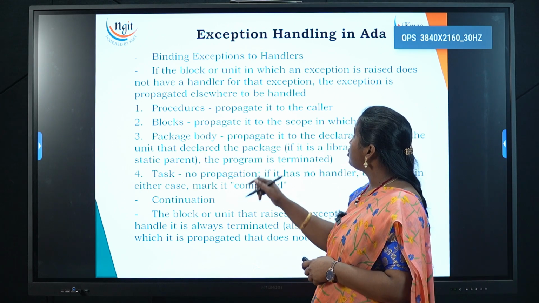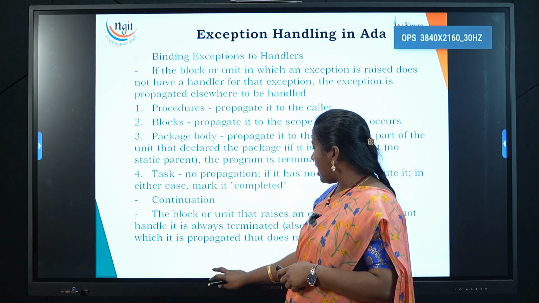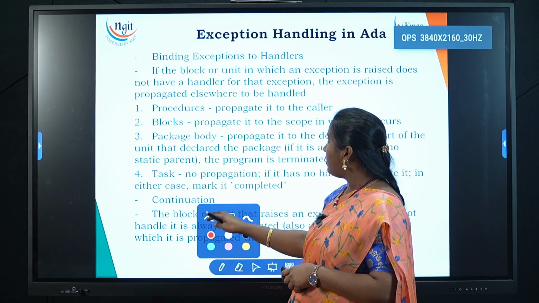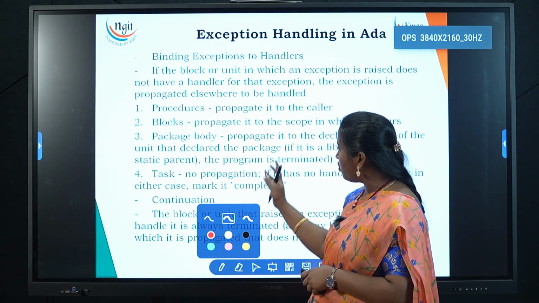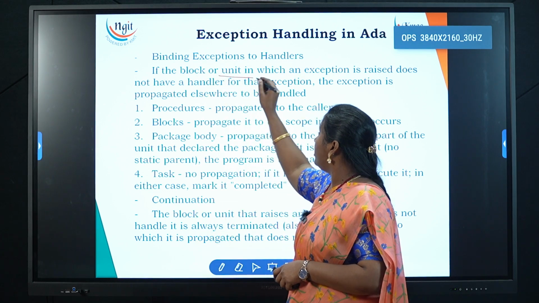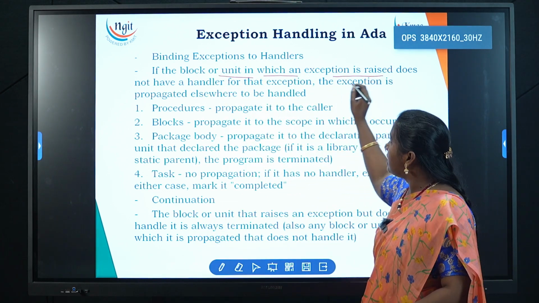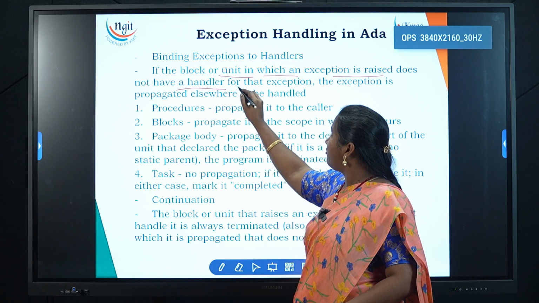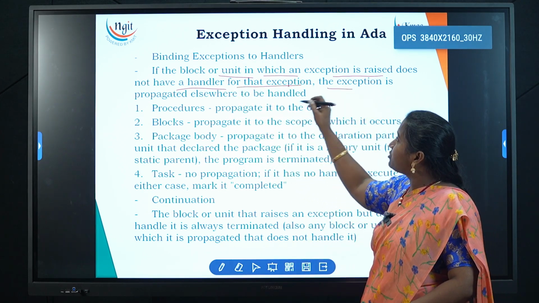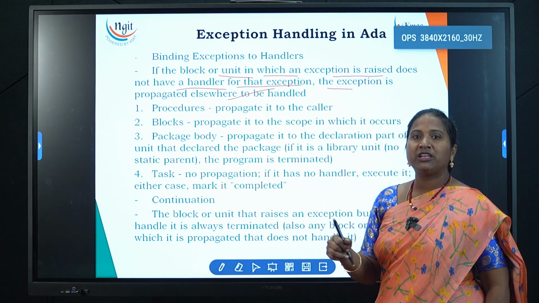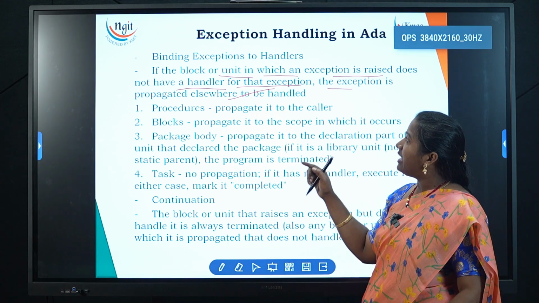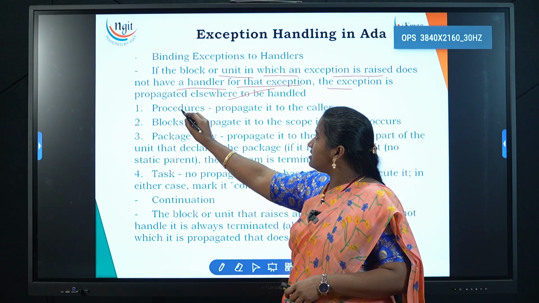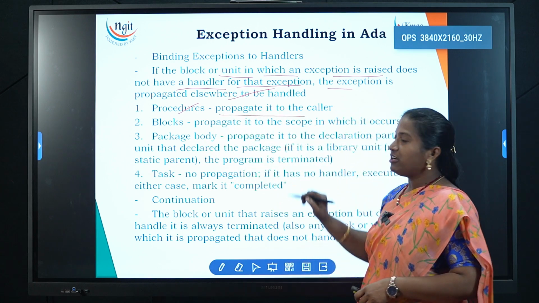Now binding exceptions to handlers. If the block or unit in which an exception is raised does not have a handler for that exception, the exception is propagated elsewhere to be handled. What is that elsewhere? If it is in a procedure, it will propagate to the caller.